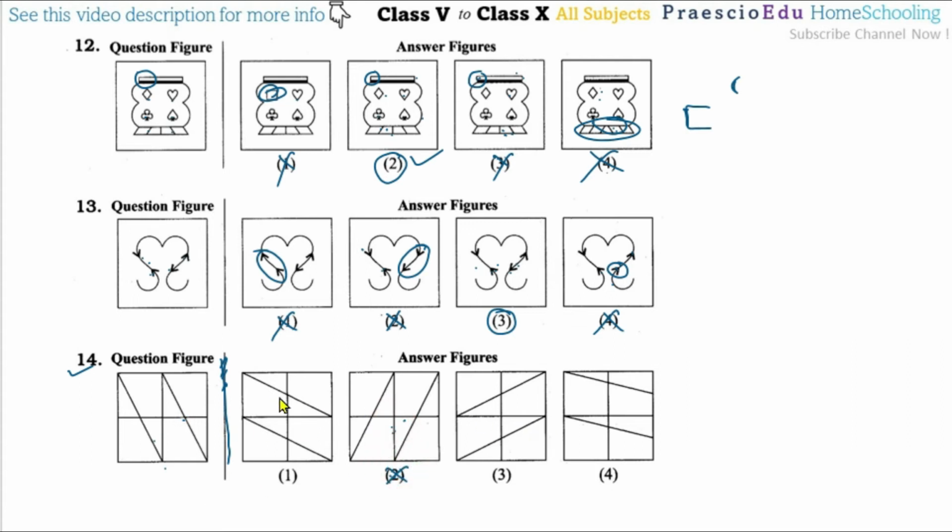Now, if this is a mirror image rotation like this one, this figure comes, but this is a mirror of this one, meaning this is not perfectly matching, so option number 1 is also incorrect. But if you rotate this one by 90 degrees, meaning this corner comes to this corner, this will be matching, so option number 3 is perfectly matching. Here the line is meeting somewhere else, and here also, so option number 4 is incorrect. So option number 3 is perfectly similar.